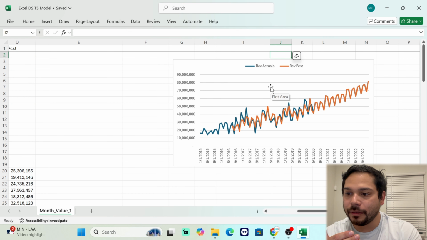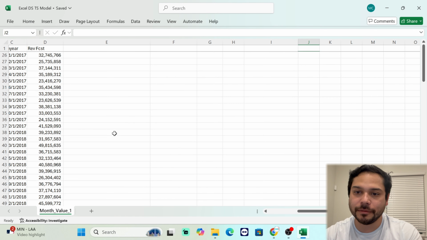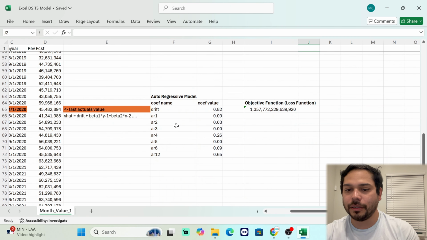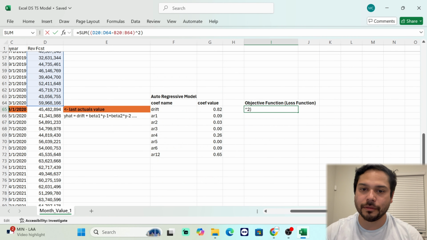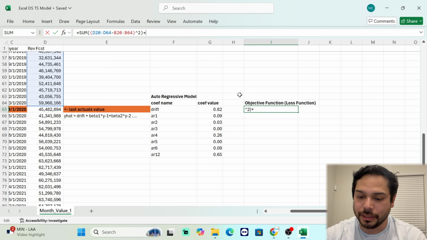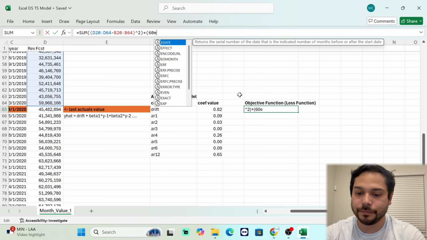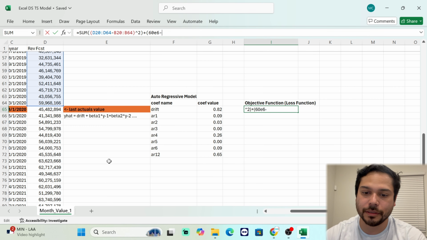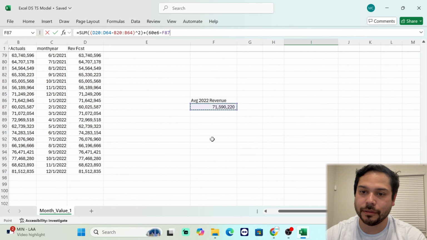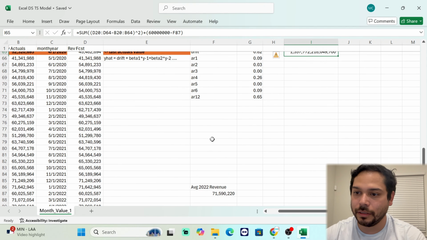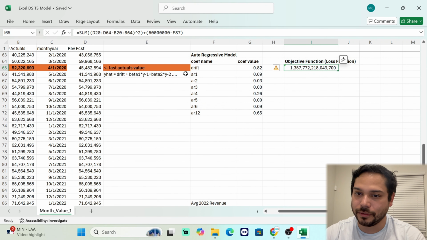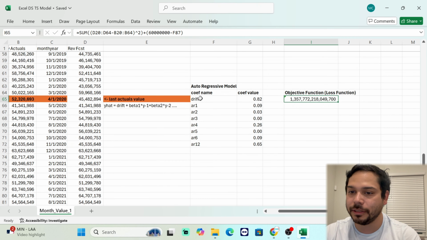What if it goes above 60 million? I want to penalize it, right? So in other words, here's my objective function. I want to add a bias to it, or a further constraint, that's going to be 60 million minus this. So now it gives me a different objective function: 60 million minus the 71 million, and I'm going